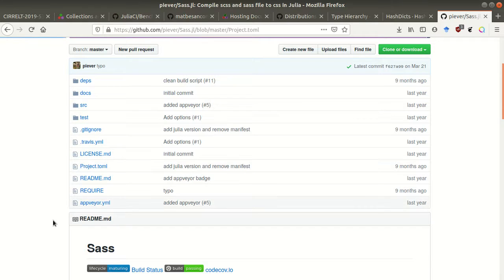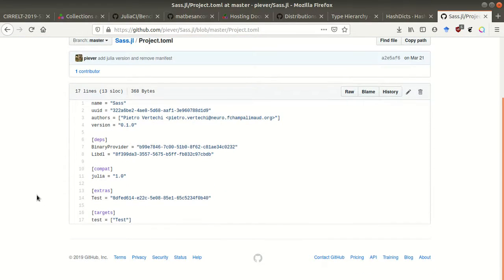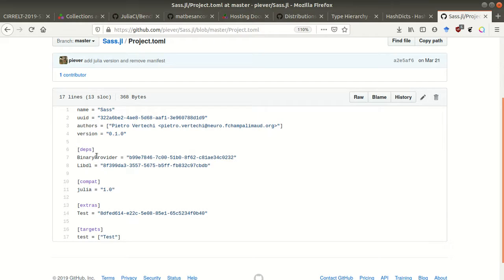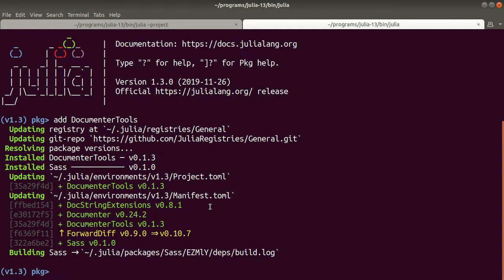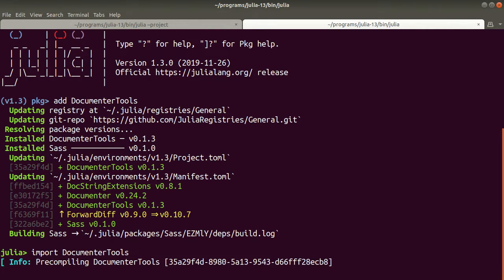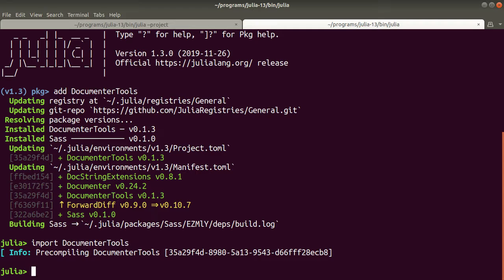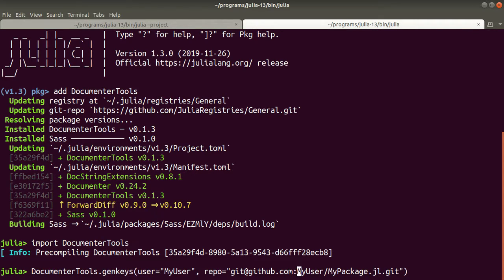What are its dependencies? SASS_jll, a binary provider, so it does depend on some binary things. That's why. Okay, cool, we have it finally. Documenter. And then what we wanted is DocumenterTools, genkeys,